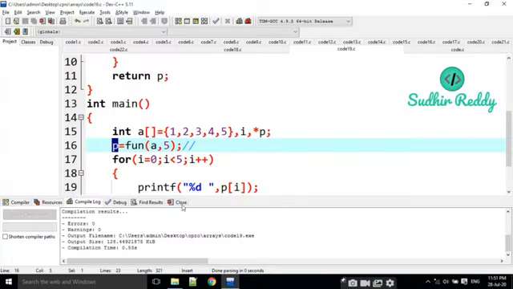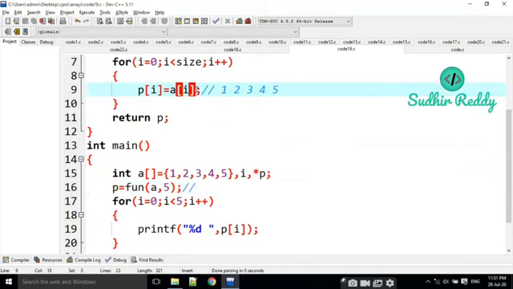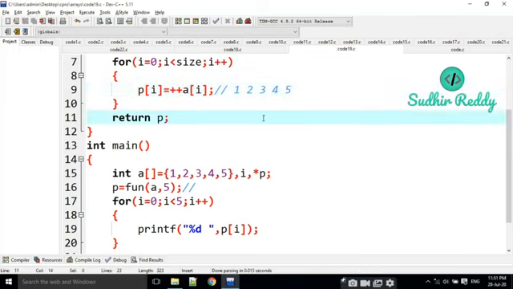For example, I am going to modify the values, adding +1 or ++ to each array element. That means 1 becomes 2, 2 becomes 3. I am going to initialize the newly, dynamically allocated memory and return it.